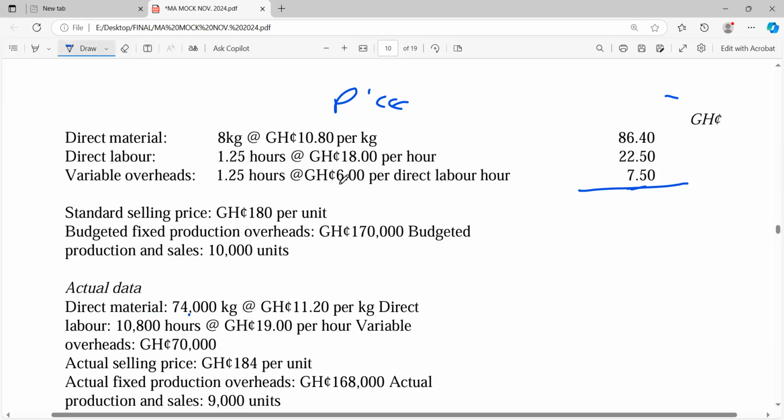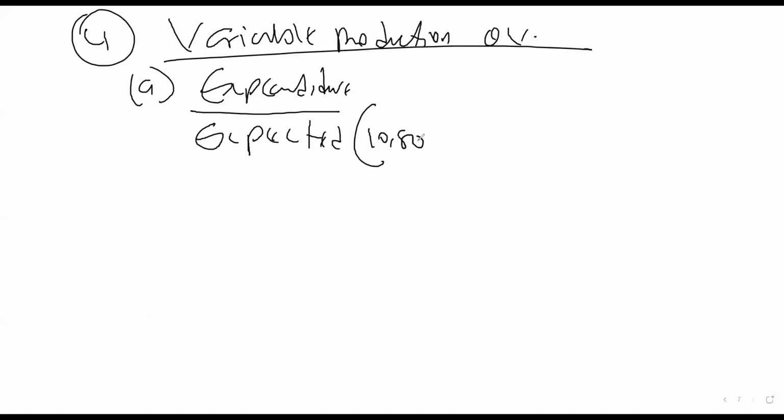So what do you get? 6 times 10,800. That's the expectation: 64,800. Then the actual